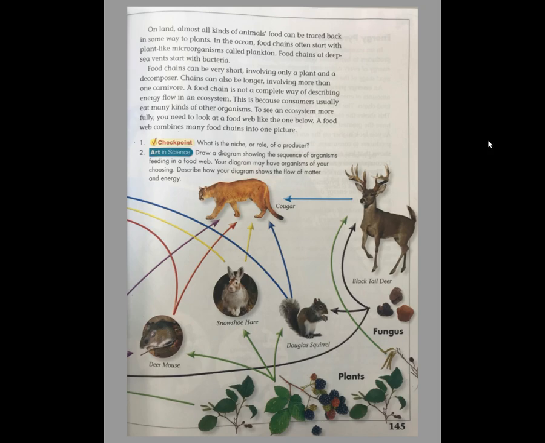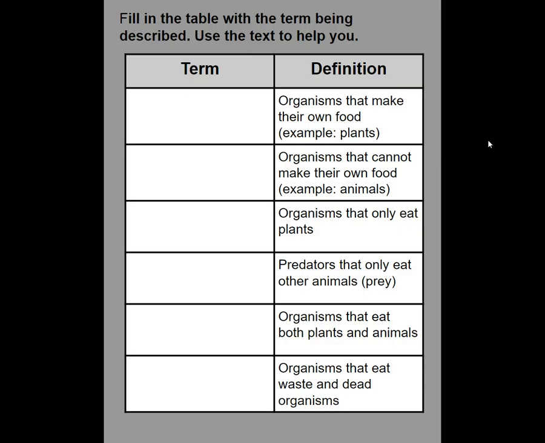All right. So once you get done reading that, the next page you're going to do is finding what term I'm talking about when given the definition. So for example, it says organisms that make their own food, and an example is plants. If you look back in the reading to get the name, if you can't remember off the top of your head, we remember that producers are organisms that make their own food. So there's a freebie answer for you. Find the other 5. Make sure you look back in the reading for that. When you finish, you're going to go on to the next video.